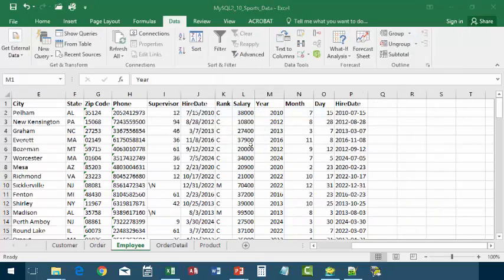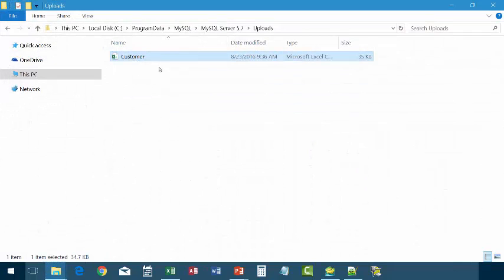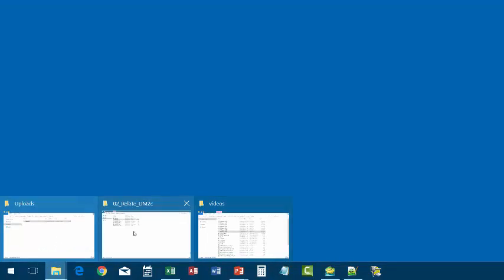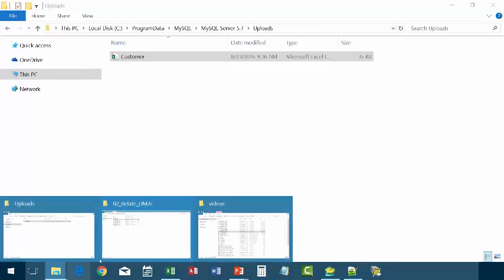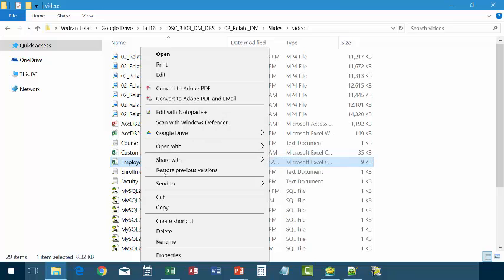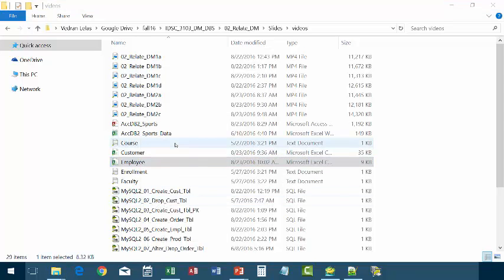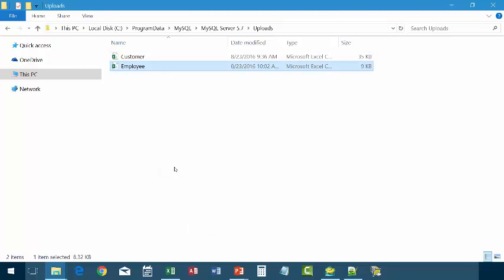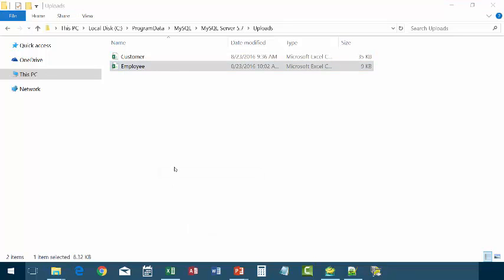And then what we want to do is, just like with the customer CSV file, we want to move it into the uploads folder. Okay, so we want to go to the lectures folder, find the employee file, which was misspelled with 2 O's. Okay, the keyboard is too fast for me. And then employee, we're going to copy this one and paste it into the uploads folder. Okay, now we switch back to Notepad again,